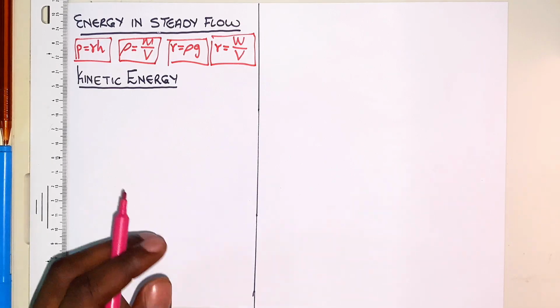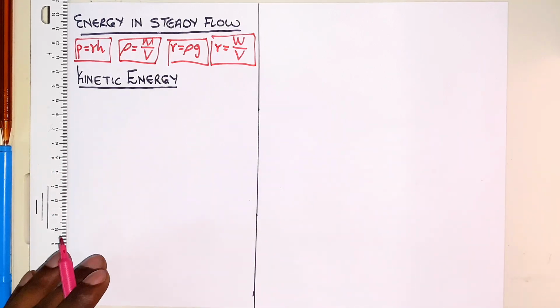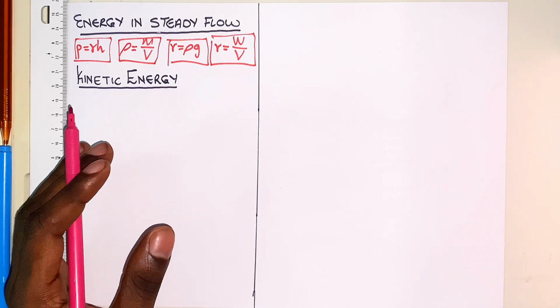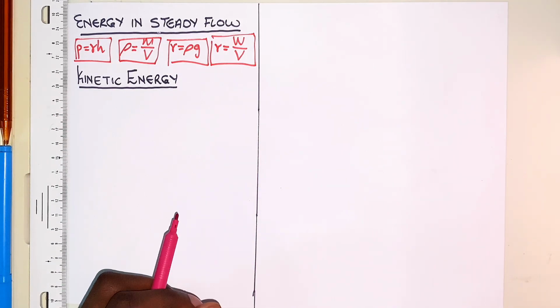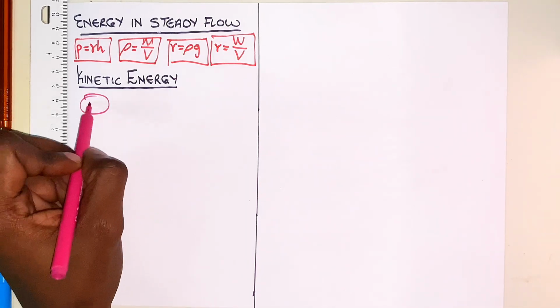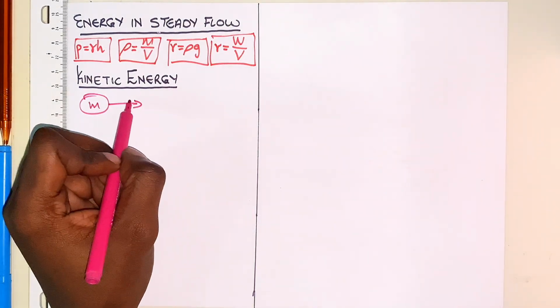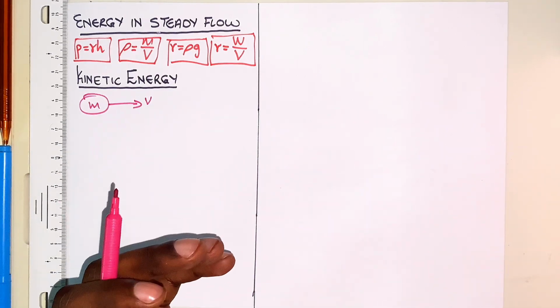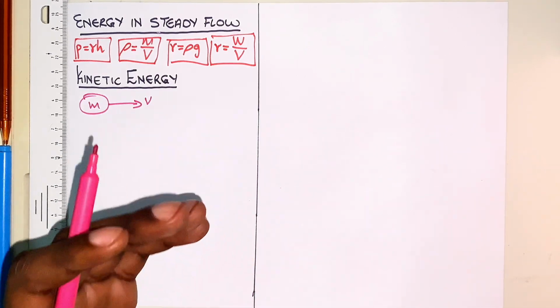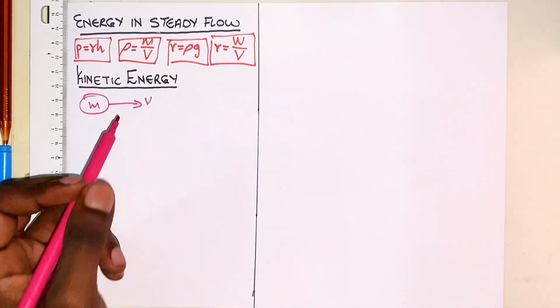The first type of energy we'll discuss is kinetic energy. Kinetic energy is the energy possessed by a fluid element due to its motion. So if you have a body with some mass and it's moving at some velocity v, that body of mass has kinetic energy. Now in the context of fluid flow, it's given by the formula